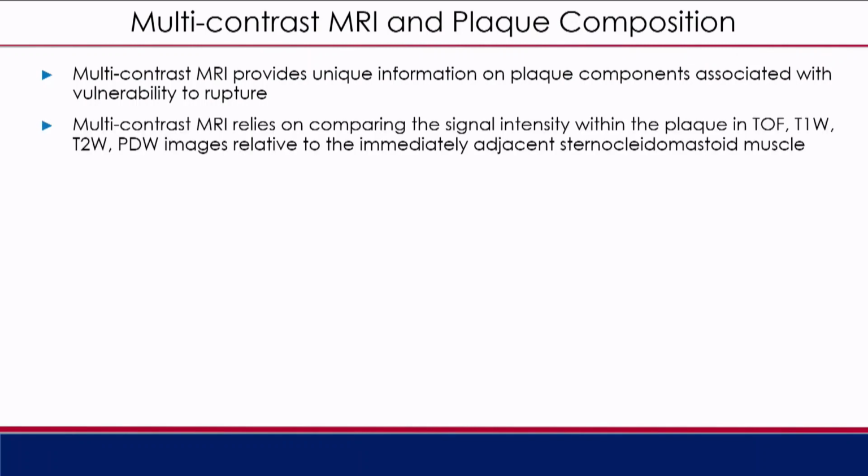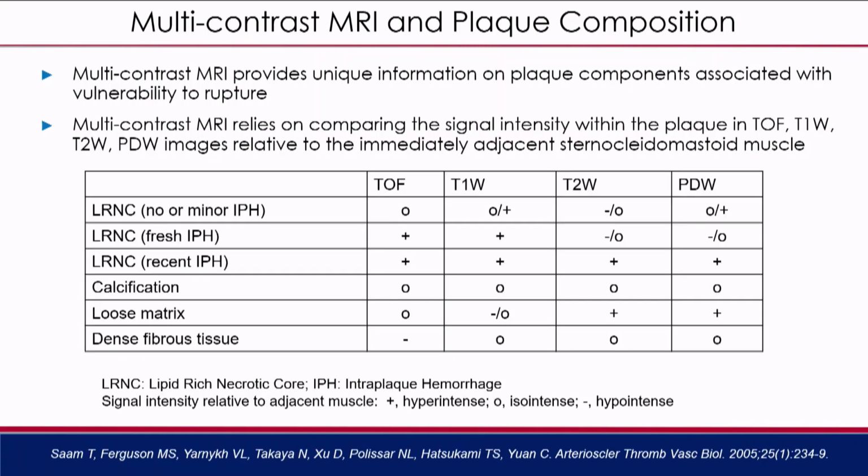Now, the approach of using multi-contrast MRI, the conventional way, is to compare signal intensity of the plaque components to the adjacent muscle using a combination of time of flight, T1 weighted, T2 weighted, and proton density weighted images. And this is a table taken from the literature. And you can see how,